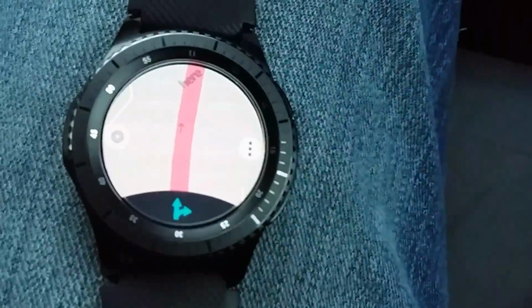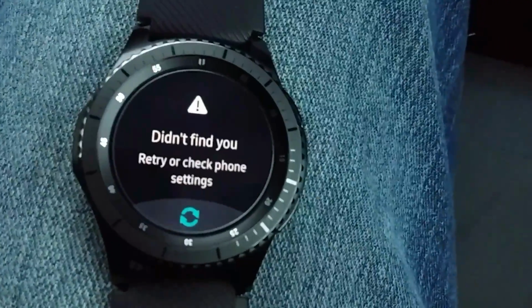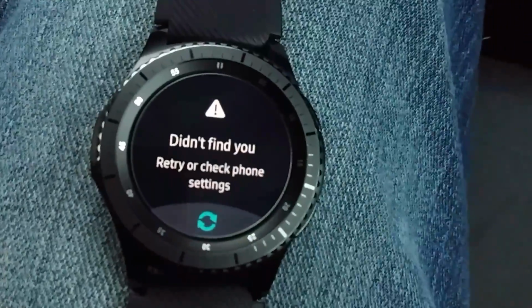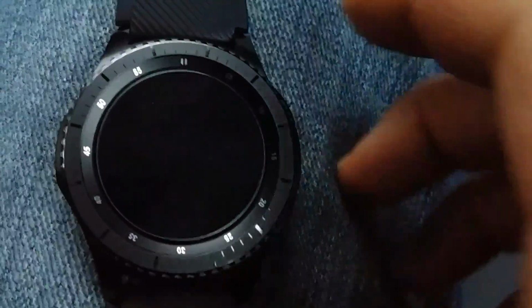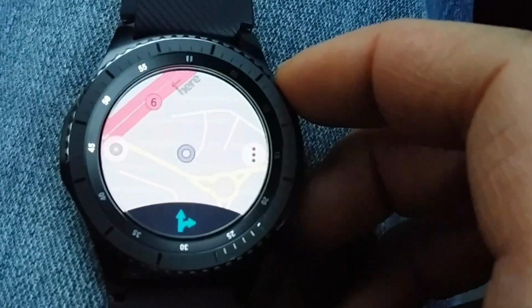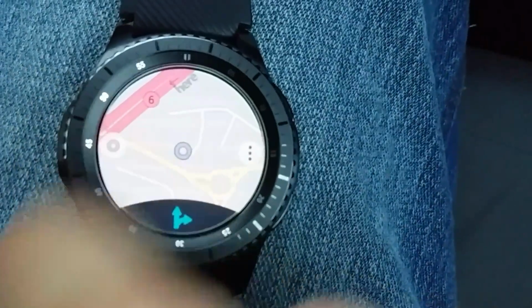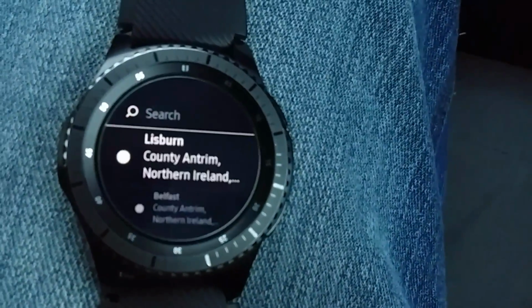Now the one thing I find is if I go to my phone and turn on my location, as in my GPS on my phone, it'll immediately find me, so I'm just going to do that now. So I've turned on location on the phone, so let's just retry, and you see straight away it brings me to my location. So now we can hit navigate,